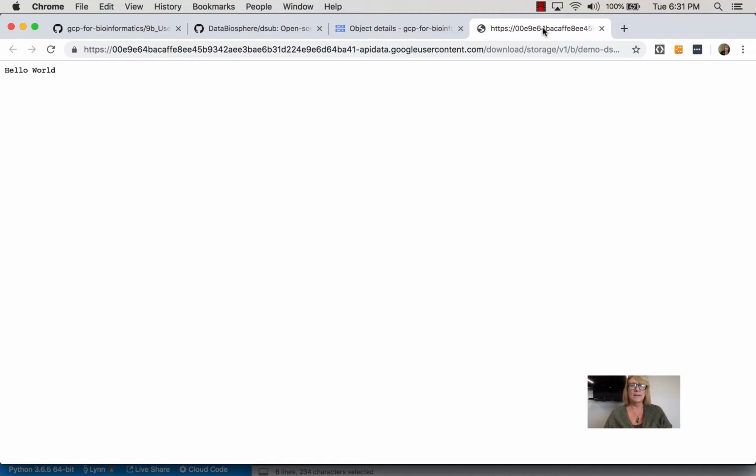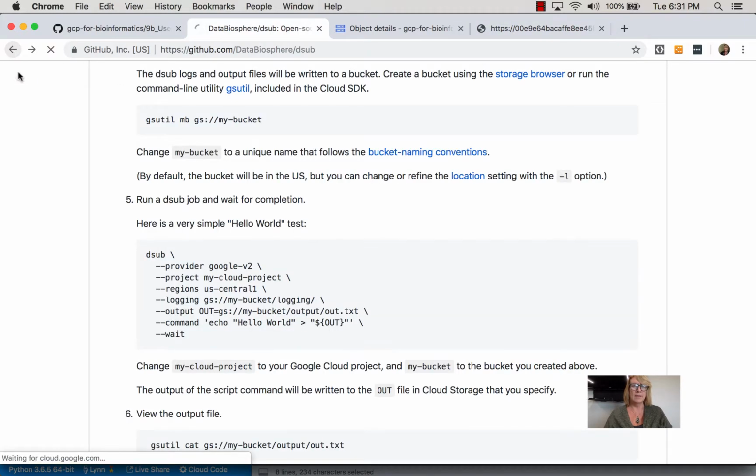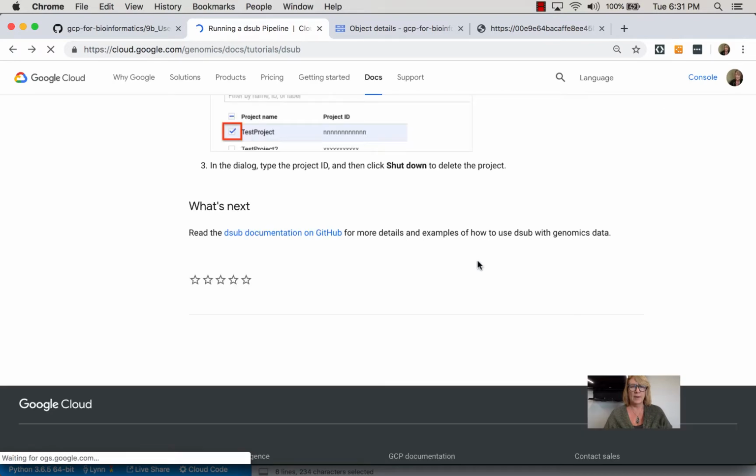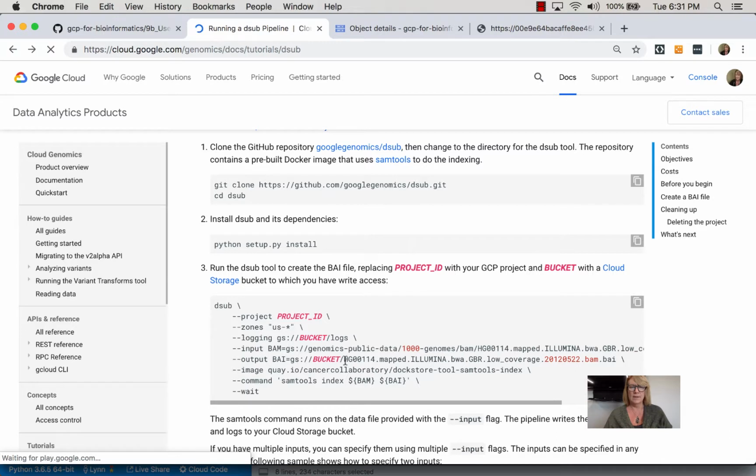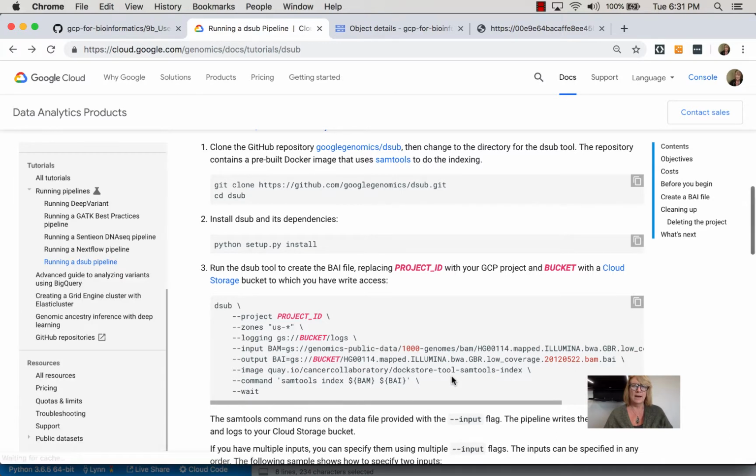Now that being said, I did have some challenges with the documentation. I think this is a switch between version 1 and version 2 of the pipeline, and I couldn't actually get this to work with these parameters. So I'll be reaching out to Google to update this, and I'll update my materials as soon as I get the correct parameter order, because dsub